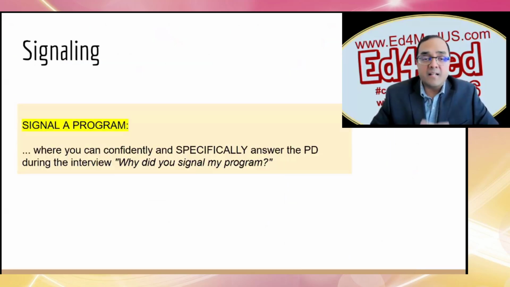To that list, I'm going to add another thing: signal a program where you can confidently, clearly, and specifically answer the PD if asked in the interview, why did you signal my program? So you should have a very strong answer to that question, because that's how you're going to show the interest to the program.